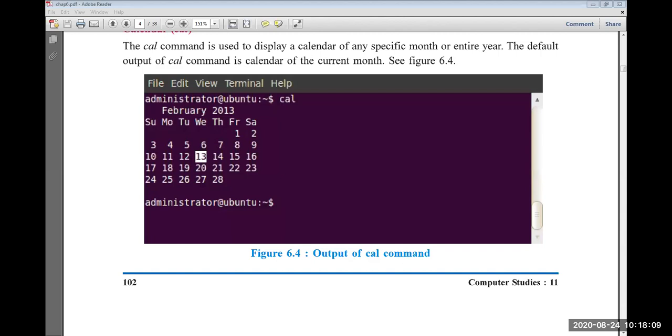Okay, let us see here. Cal 2015. So here he typed cal 2015. What will happen? It will show the calendar of the entire 2015. It will scroll up, so you can't see it all, but you can see the last 3 months of that year. That is how it works. Clear?